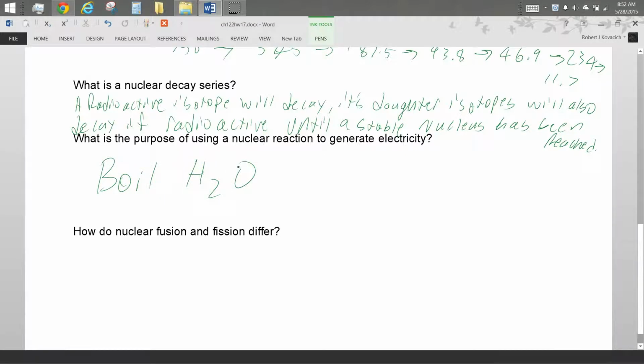Oh, sorry. That's all we're doing. We are only boiling water. What's a coal fire plant do? Boils water. So unless we're talking about a solar plant or a wind farm or hydroelectric, what we're doing to turn the turbine is boiling water to make steam to turn the turbine. So a nuclear power plant is just a really, really, really, really expensive water boiler. And that's so that you can have the movement part